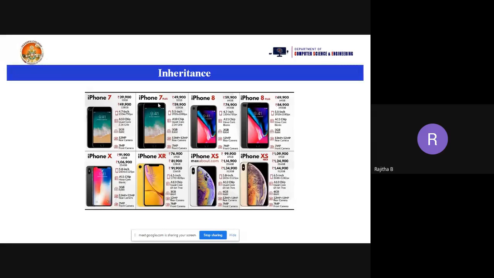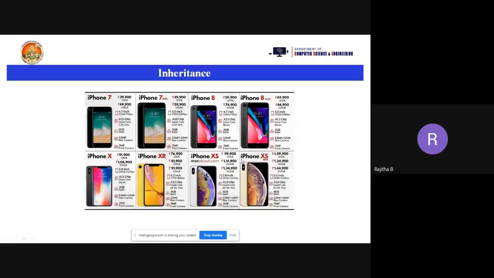If you take the versions, one version is different from the other, but the basic concepts are the same. Take iPhone XR and iPhone XS Max: the price is different, but the memory is the same.